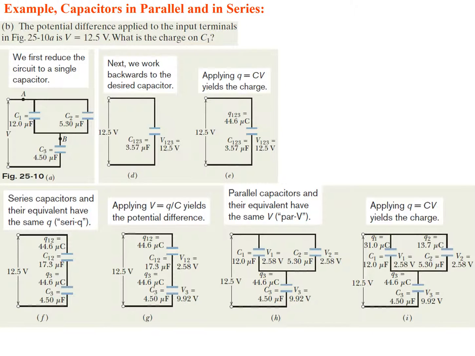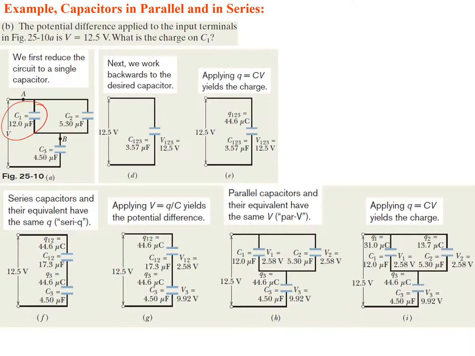So next we're going to look at figuring out what each of the charges are, specifically what the charge on C1 is. If the potential difference applied to the input terminals in the figure is 12.5 volts, what is the charge on C1? The first thing we want to do, if we want to find the charge on this specific capacitor, is first